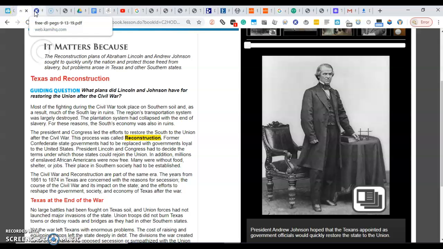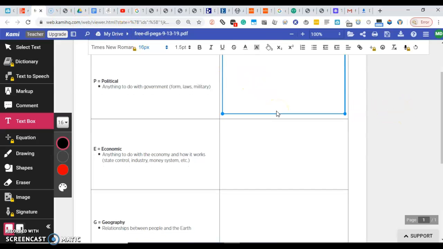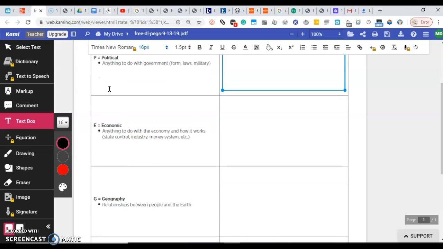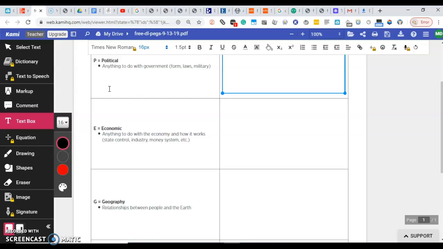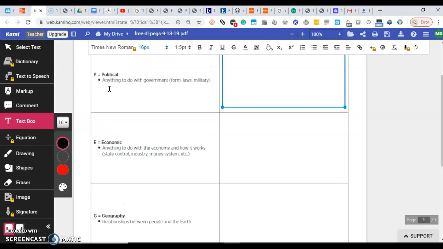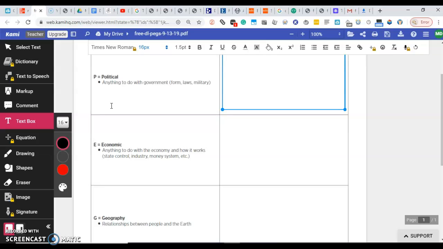Okay, so today we're going to be learning about a new graphic organizer, or a new way to think about social studies. So this is known as PEGS. That's P-E-G-S. Each one of them stands for a different section or idea within social studies. So the first one is political, which has anything to do with government, laws, military, forms,